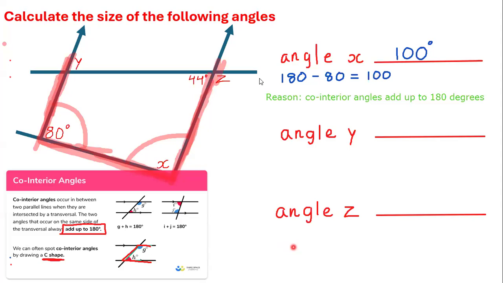The rest of us, do we understand this? Let me know if y'all understand this, please. Yes, sir. All right. Tanaya, do you understand how I got this? Explain how I got 100 degrees. You subtracted 80 from 180, which equals 100, because co-interior angles add up to 180. Very good. Go into your angles out of 20.